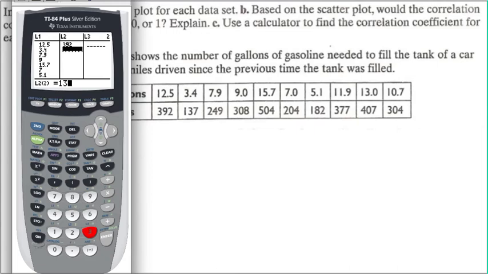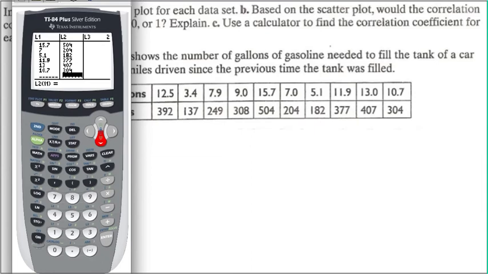392, 137, 249, 308, 504, 204, 182, 377, 407, 304. Alright,